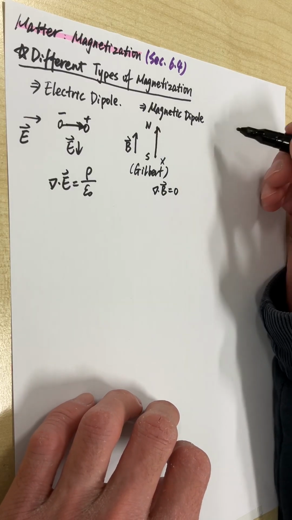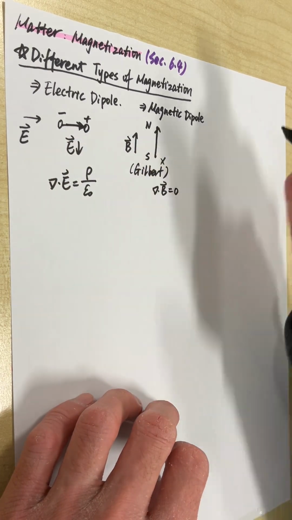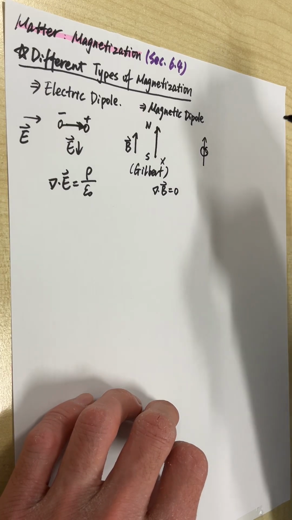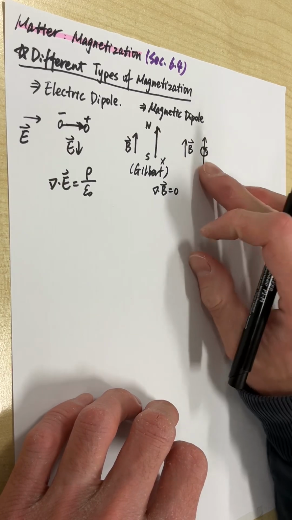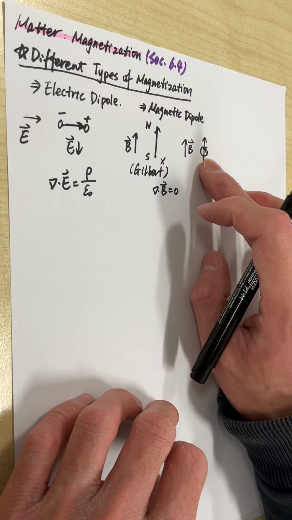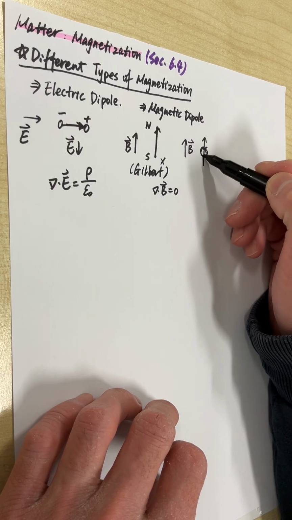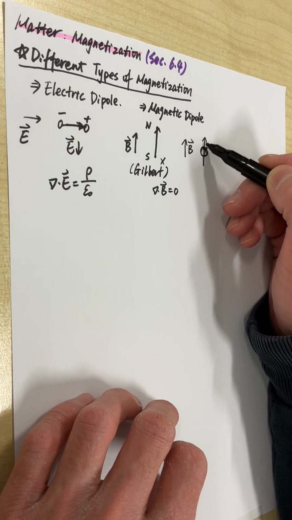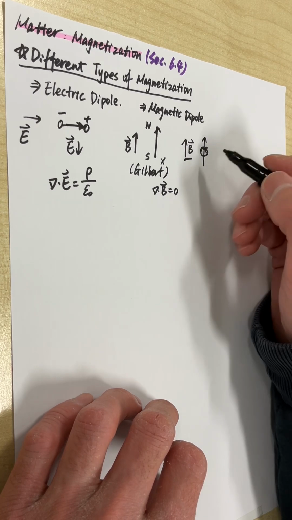So what does a magnetic dipole look like? It doesn't look like this anymore. It is a tiny current loop. So when we have an external magnetic field, the material will generate tiny current loops. That is a magnetic dipole. If the tiny current loop is generated in a way that the direction of the induced magnetic field is the same as the direction of the external magnetic field, we call it